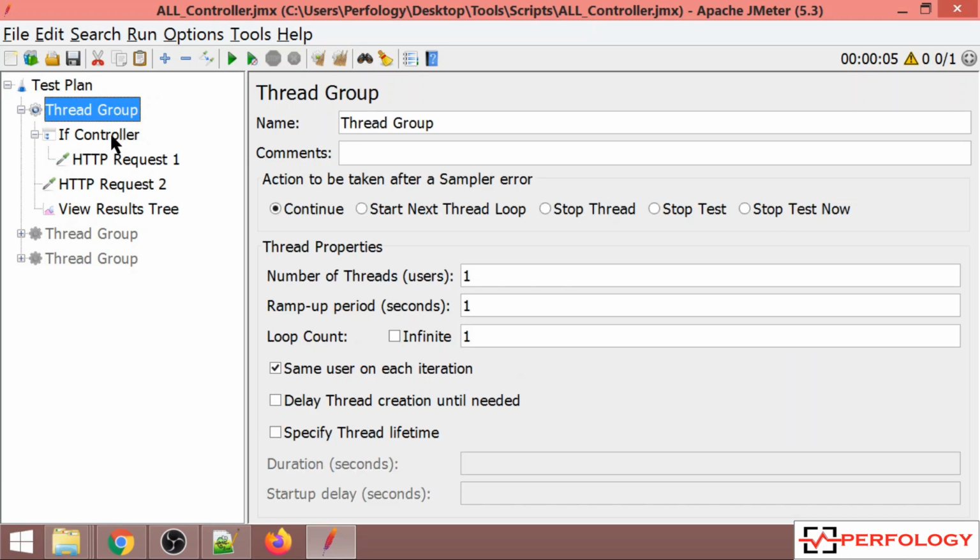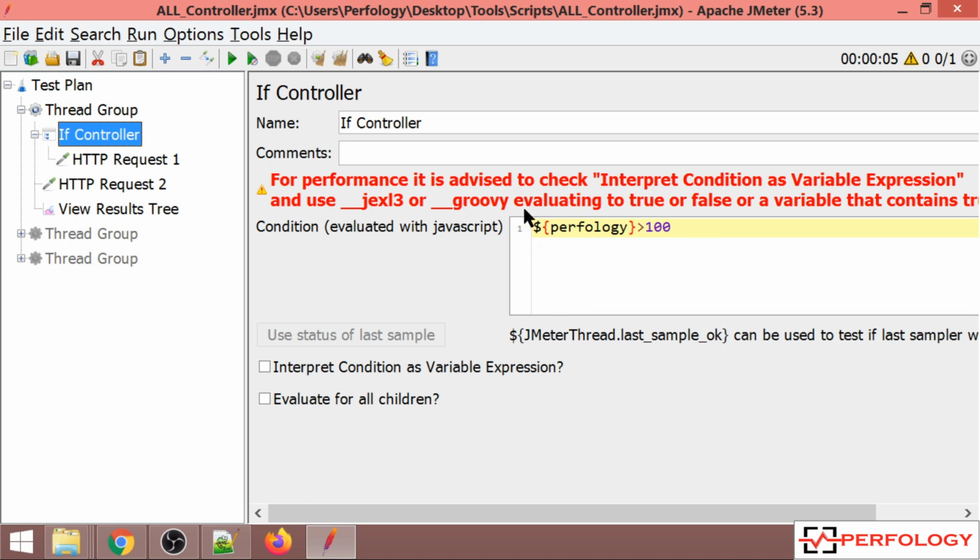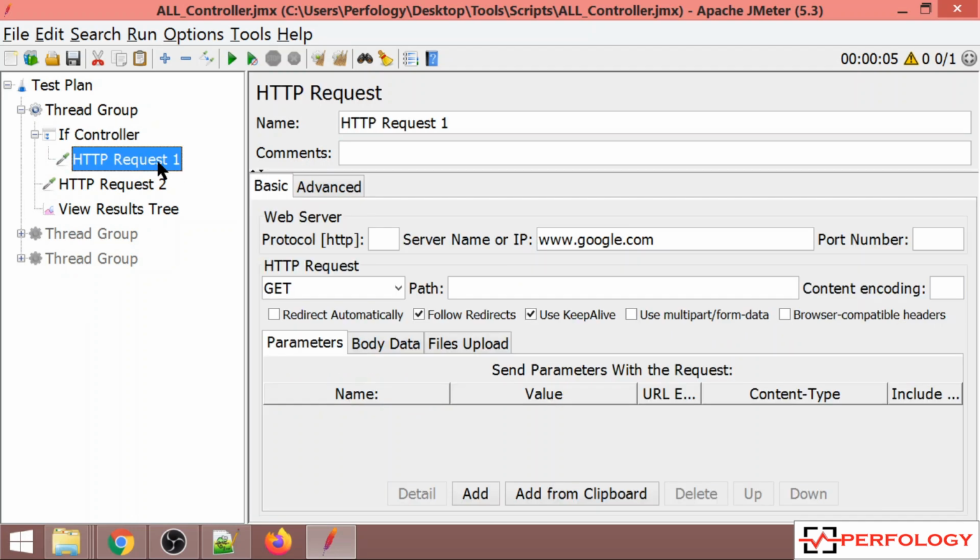In thread group I have added if controller, and I've also specified one condition in this if controller which says if the value of the variable Pathology is greater than 100, then HTTP request 1 should get executed, otherwise HTTP request 2 will get executed.